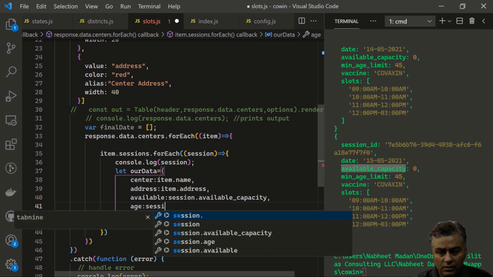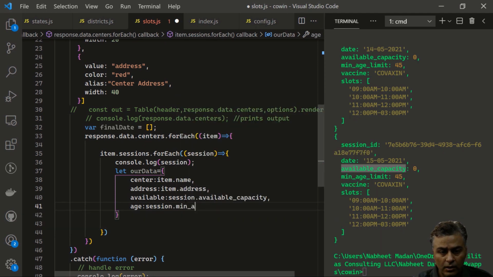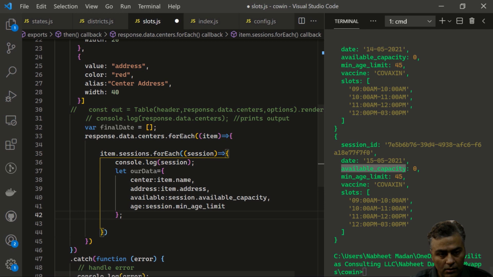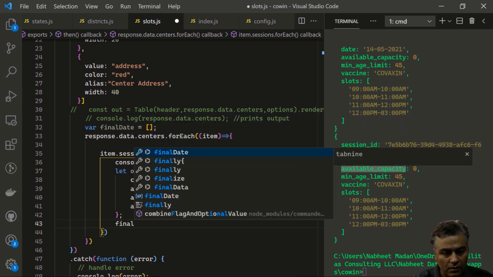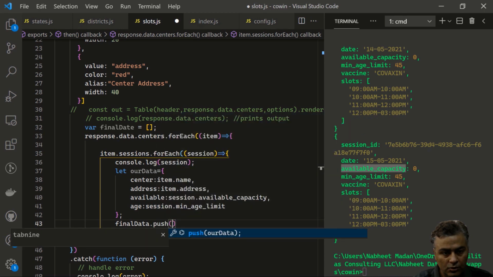So I'll say session dot min age underscore limit, right? And that's it. I think that's what our data will be. And I'll say final data dot push our data,